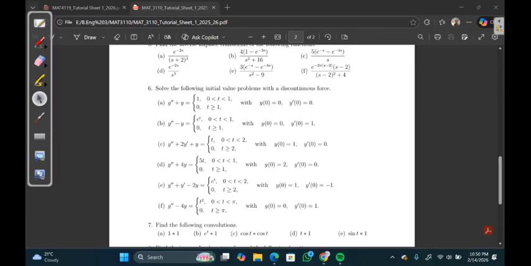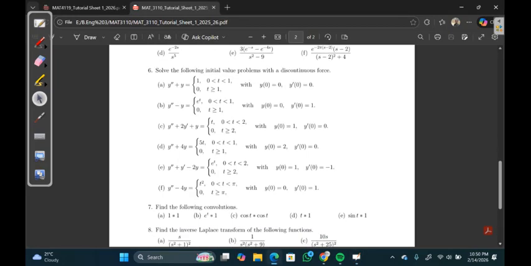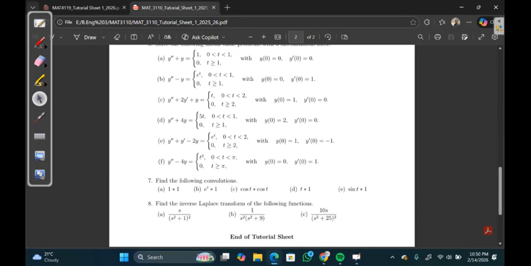Okay, then when it comes to question 7 and question 8, we are using convolutions here. So one of the standard things that